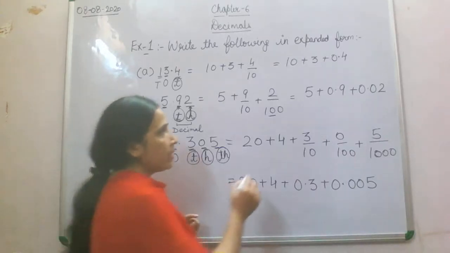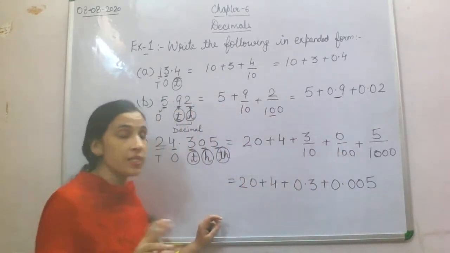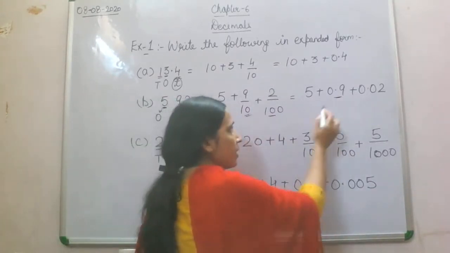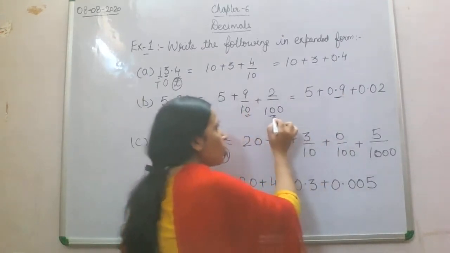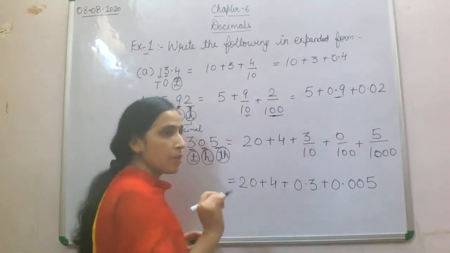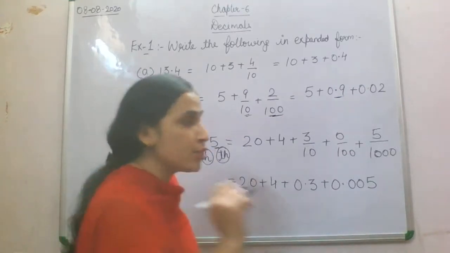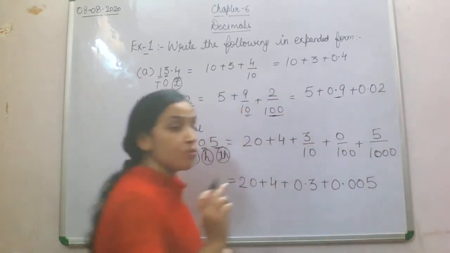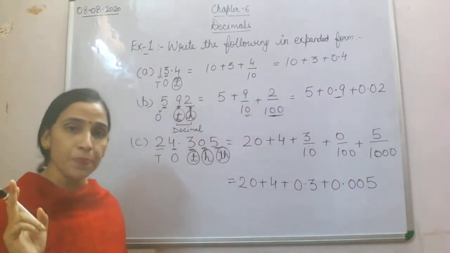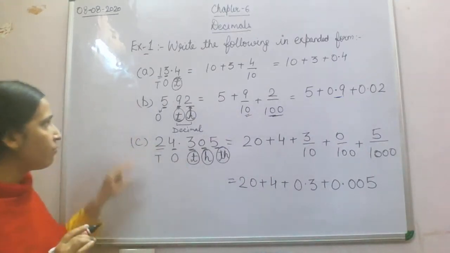So similarly we have to put the decimal also. This we have done in a previous exercise. 10 means one decimal place, we will count from the back and put a decimal here. Two zeros means two decimal places. If we have only one number, the other place will be 0. So we will write here 0.02. Fine. So this is the expanded form of B part.